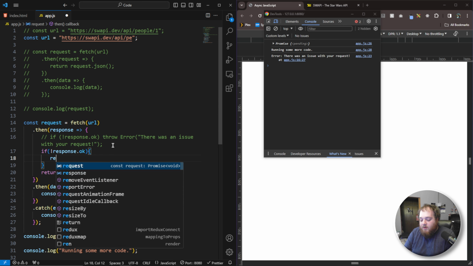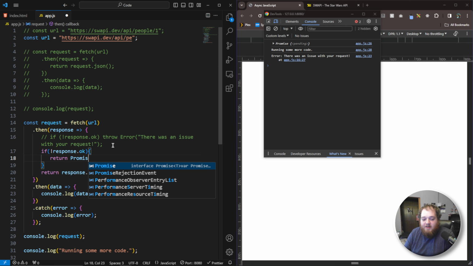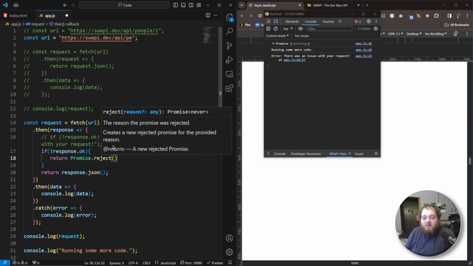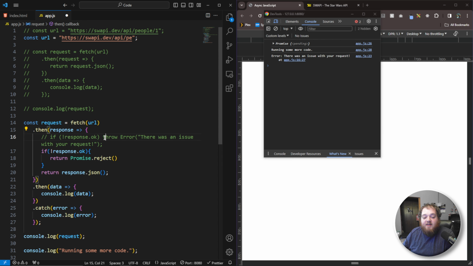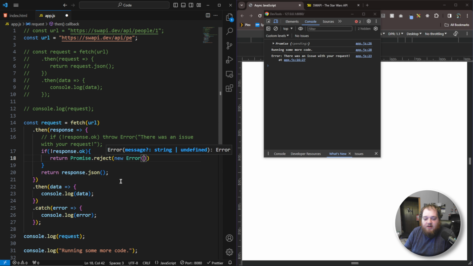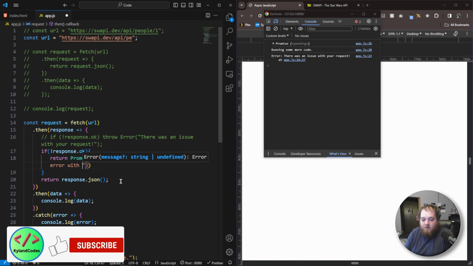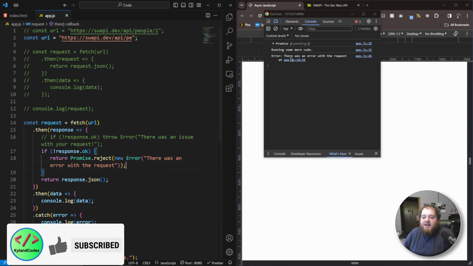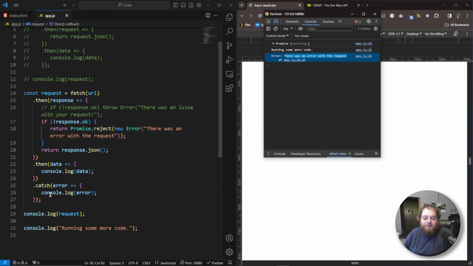Then inside of here, we can actually return promise.reject, and we could pass in a reason for the reject. And generally you want to create a new instance of an error, just like up here. So we could say new Error, and we could pass in the reason. So we could say there was an error with the request. And if we save that, that error is actually going to be caught again by the catch